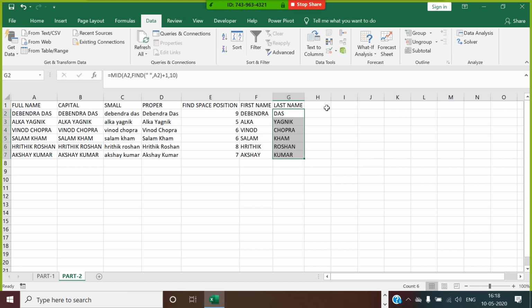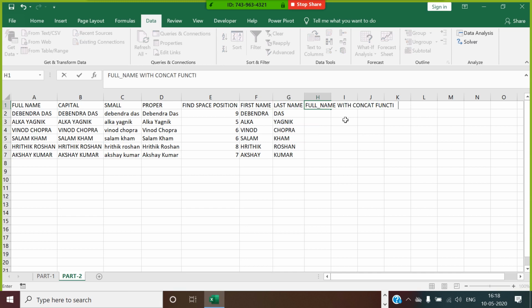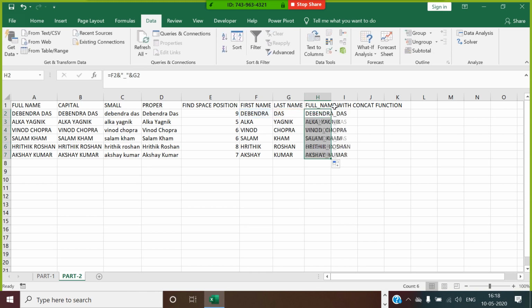Now I want to get the full name with concat. What is the concatenate function going to do here? You write this ampersand, then underscore in double quotes, again ampersand to my name. So this becomes Devendra underscore Das.